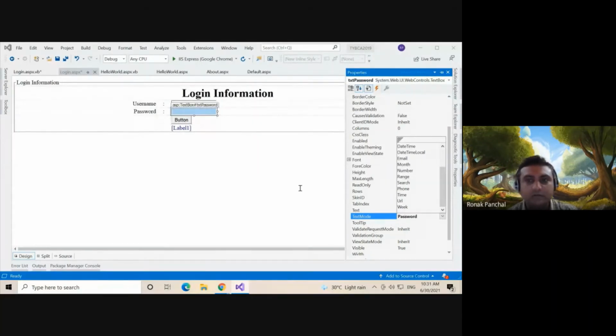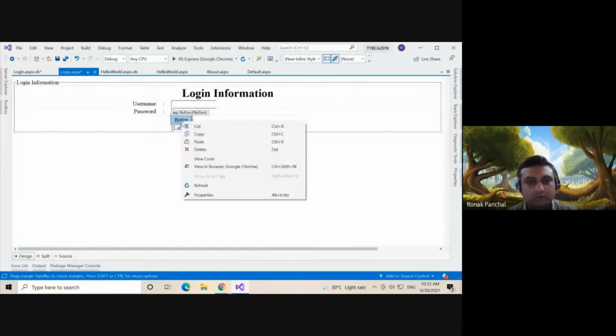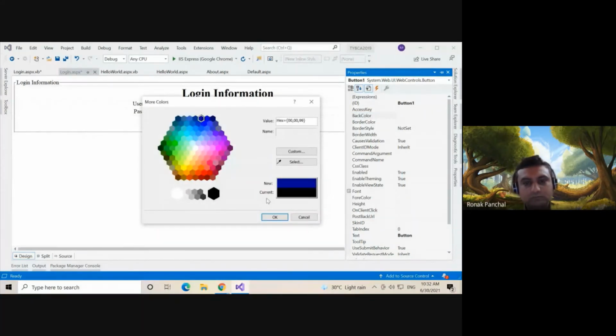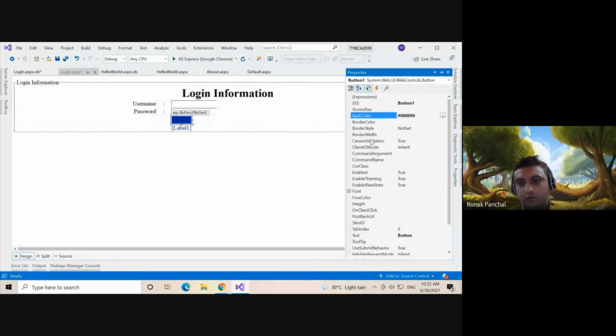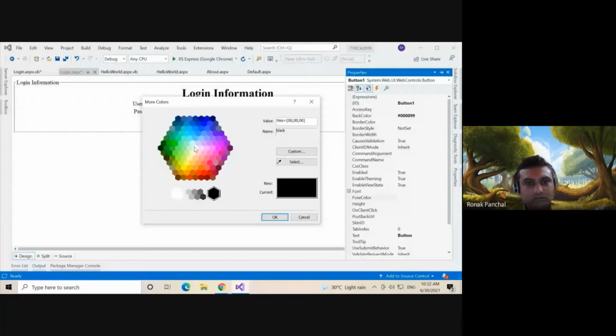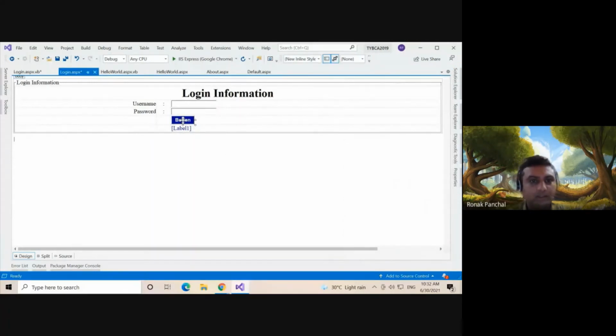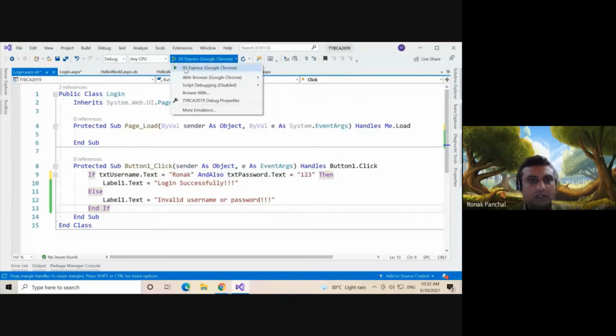It is a rapid application environment, Visual Studio, so that's why that type of facility is available. If you want to change some text box color, fore color, background color, the back color is like blue, you can change it. And if you want to change the fore color, you can click over here and it is white. Now to see it, I can run.